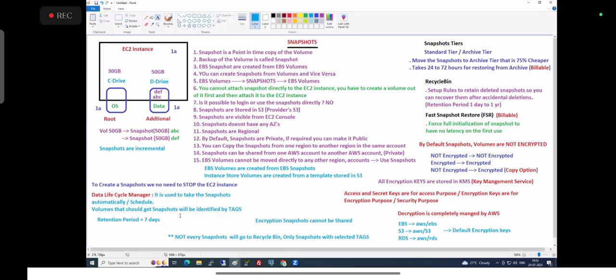Okay, and what is FSR? Fast snapshot restore. If you want to use it immediately with no latency, very high performance, then you go for FSR. And by default, are your snapshots and volumes encrypted or not encrypted? Which service is used for encryption? KMS. Does KMS also give default encryption keys? Yes. What is the default encryption key in EBS? AWS/EBS. In S3, AWS/S3. In RDS, in EFS,